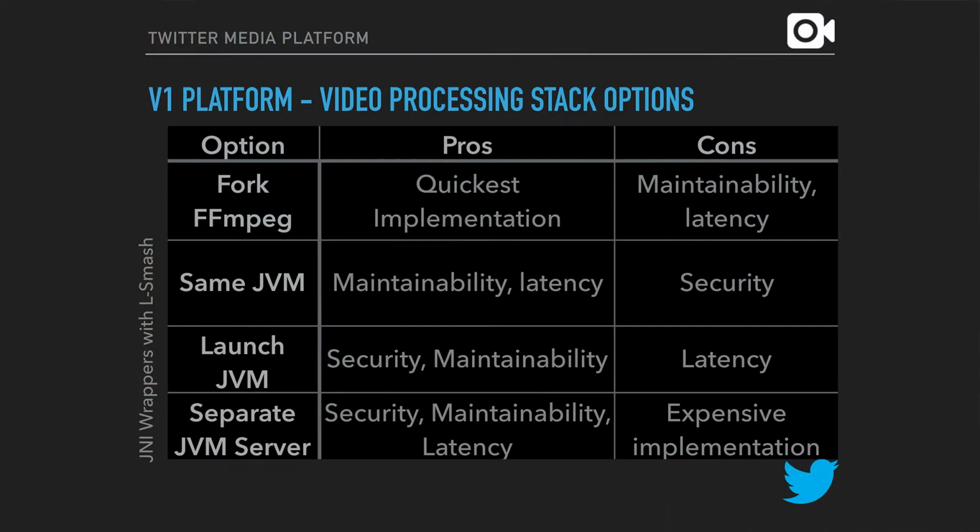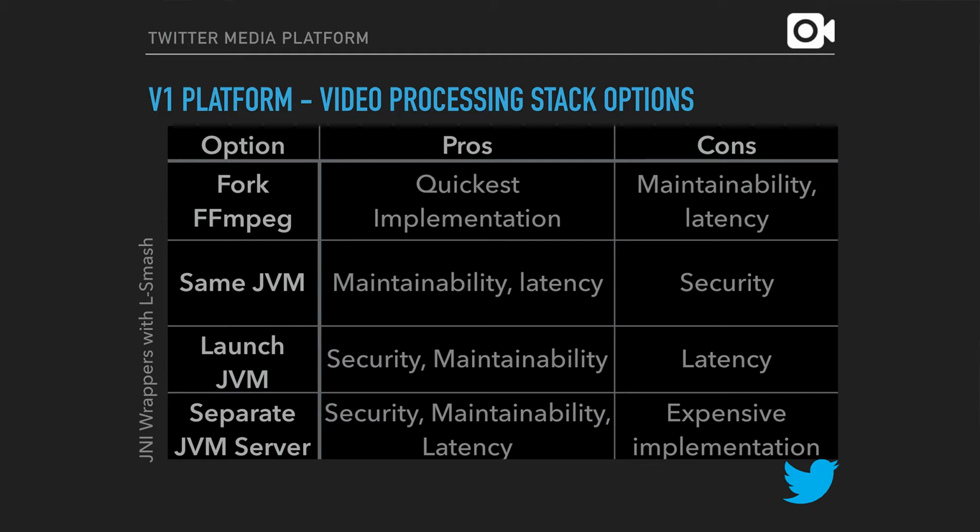So that implied, and our services are Scala, which is based on the JVM, we needed to go through JNI, and how we go through JNI, we had a bunch of options. So the simplest one would have been to have it in the same JVM where our service is running, accepting requests from other servers in the Twitter backend. And so this would have been, maintainability would have been good. We were able to write our Scala code, and we were not incurring any latency of forking a process or anything like that. But there was a huge downside, which is security.